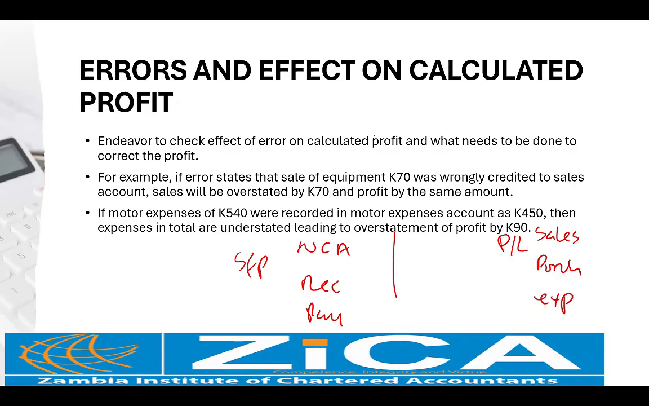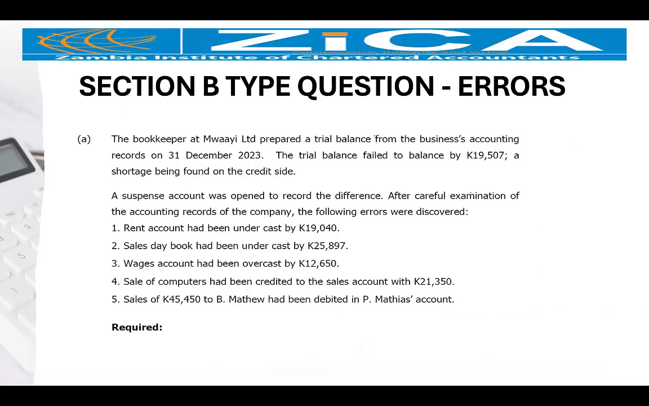So if the expense is less, the profit will be overstated. And to make a correction, you need to subtract the 90 from the profit. So that's about that particular one. Okay. So just a few series of some questions on the same errors, since this appears to be a serious